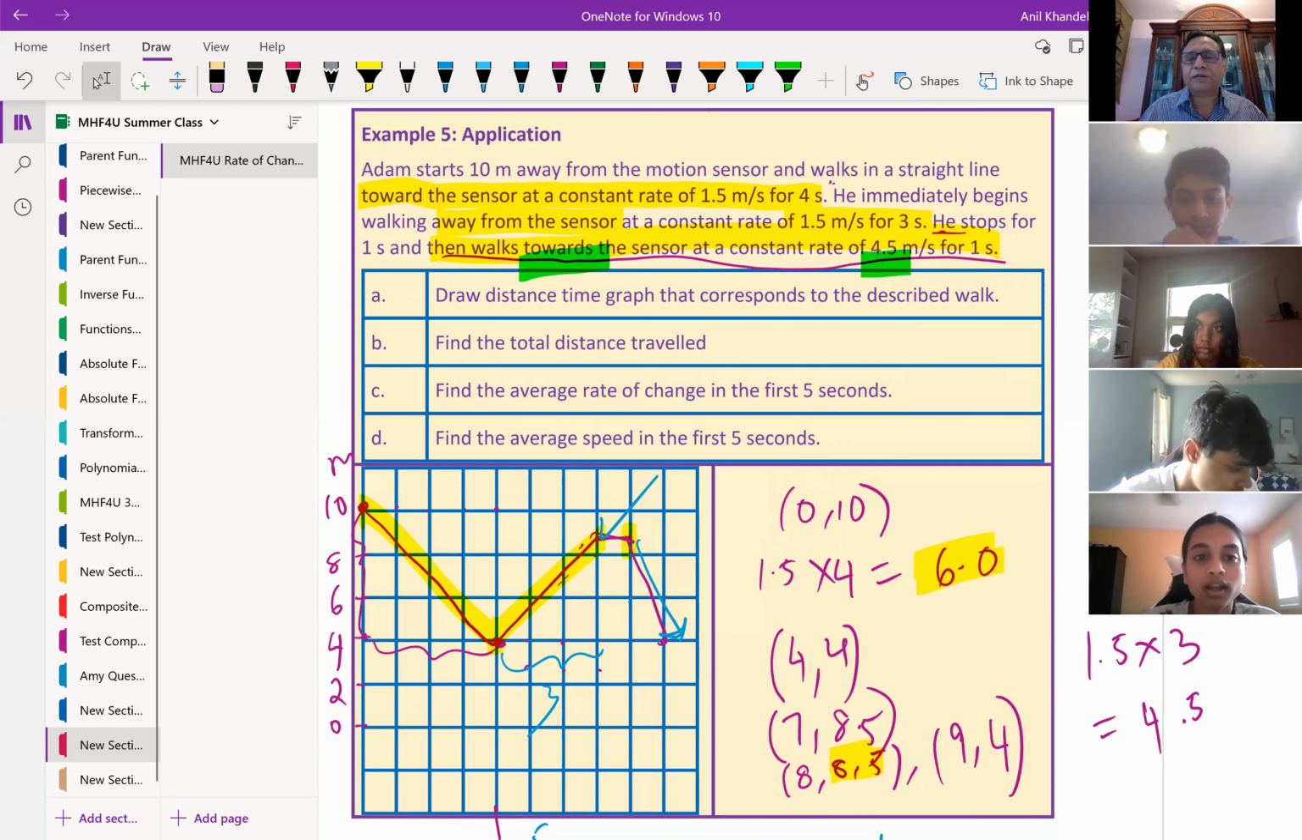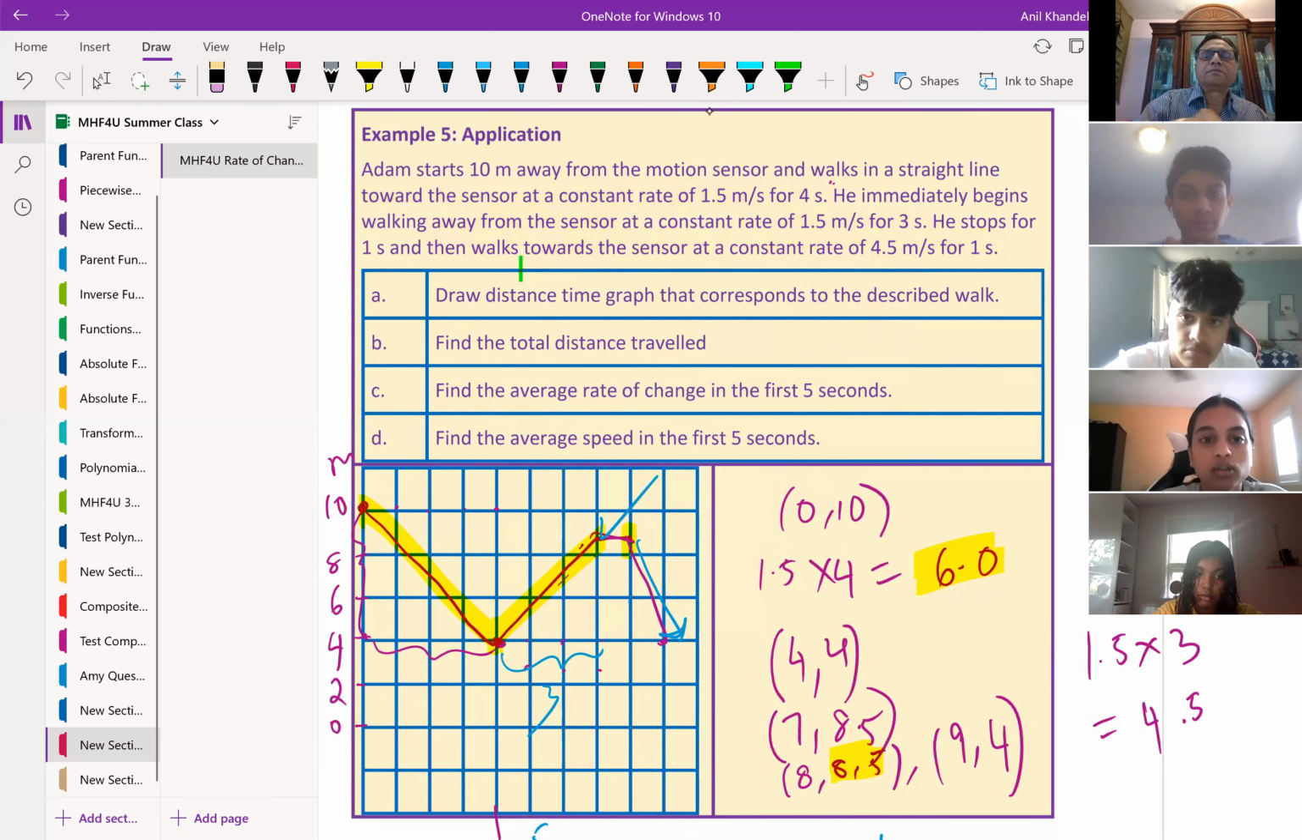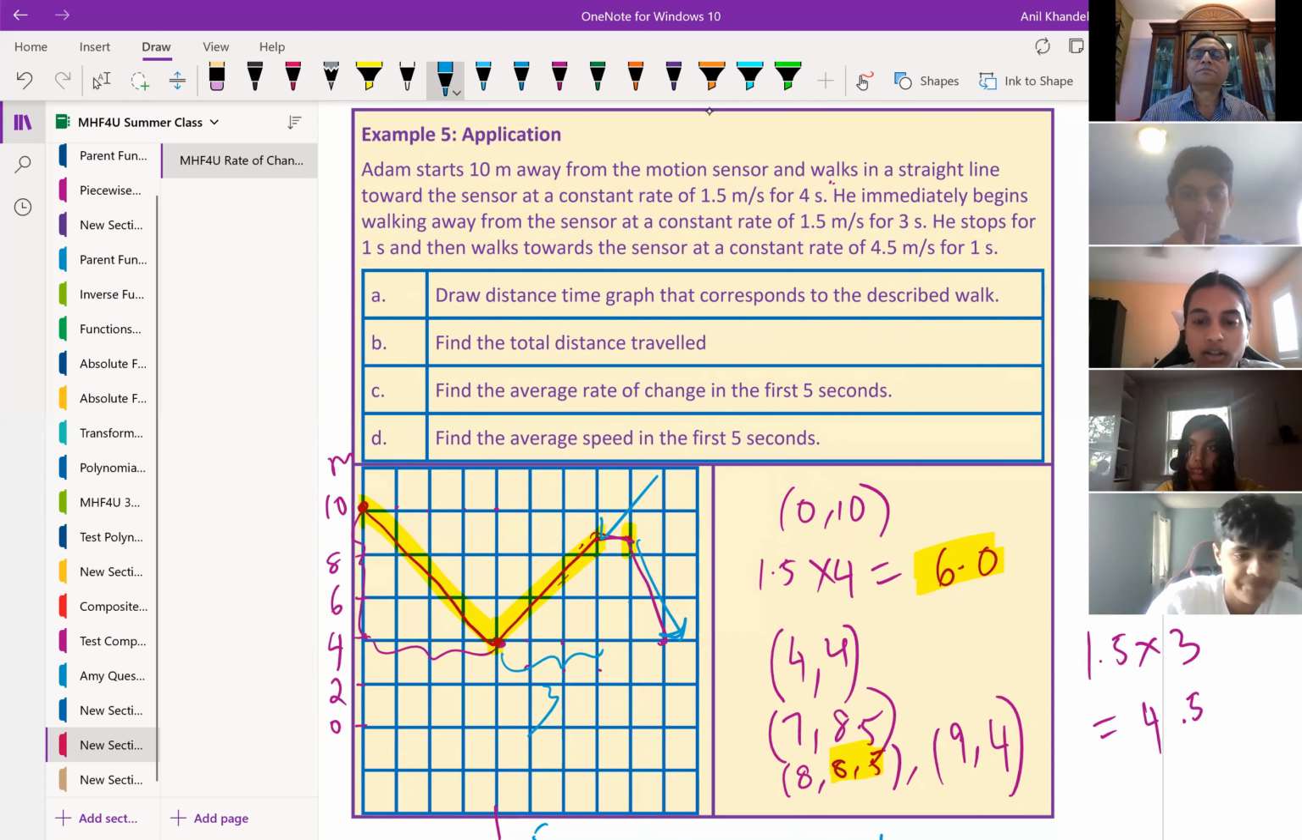Adam starts 10 meters away from the motion sensor and walks in a straight line towards the sensor at a constant rate of 1.5 meters per second for 4 seconds. He immediately begins walking away from the sensor at a constant rate of 1.5 meters per second for 3 seconds. He stops for 1 second and then walks toward the sensor at a constant rate of 4.5 meters per second